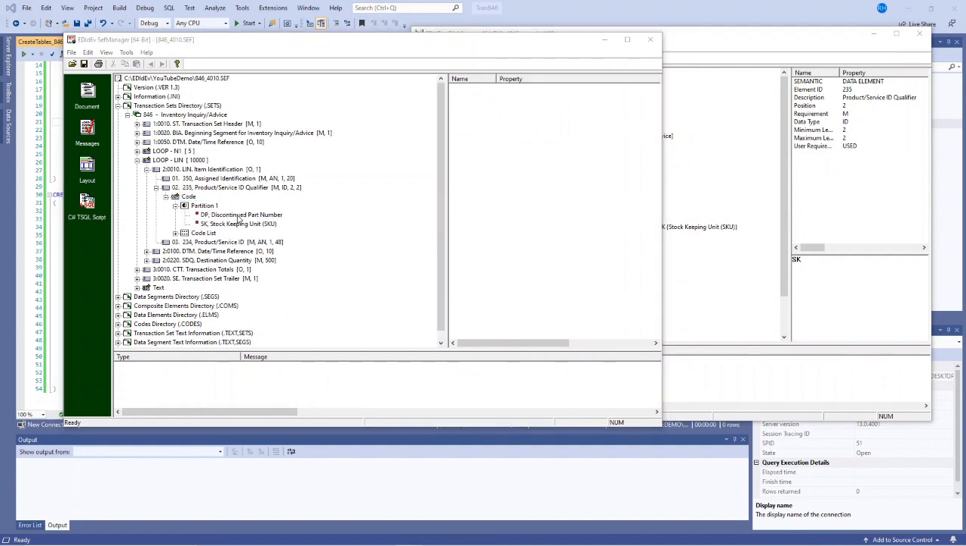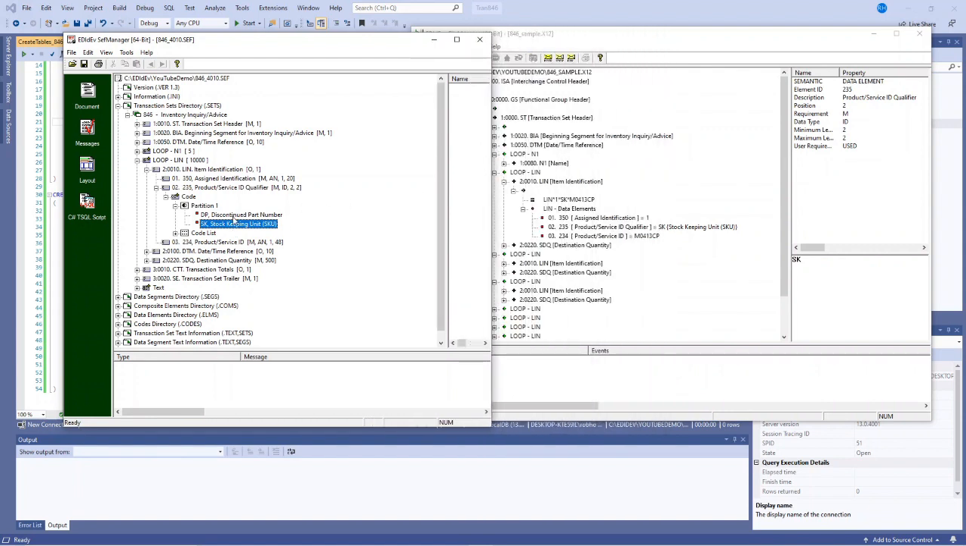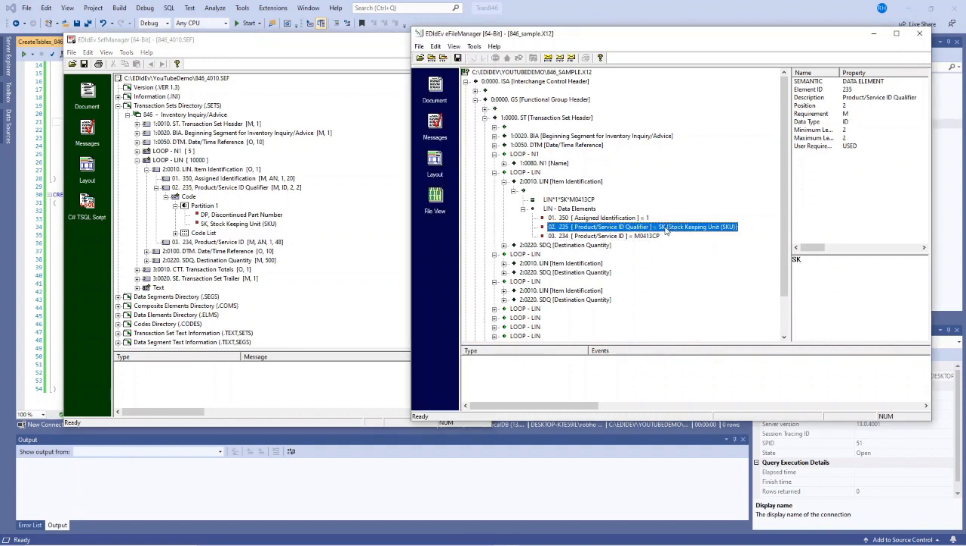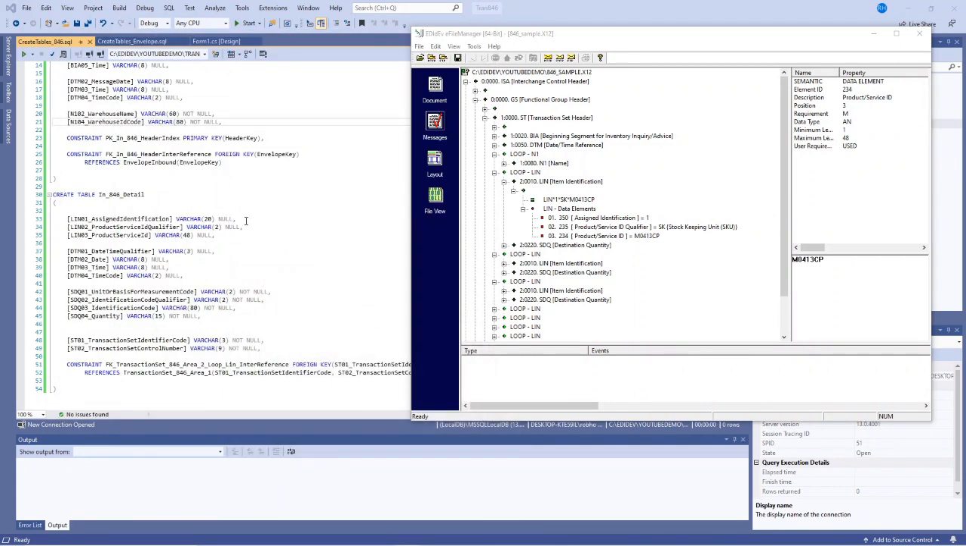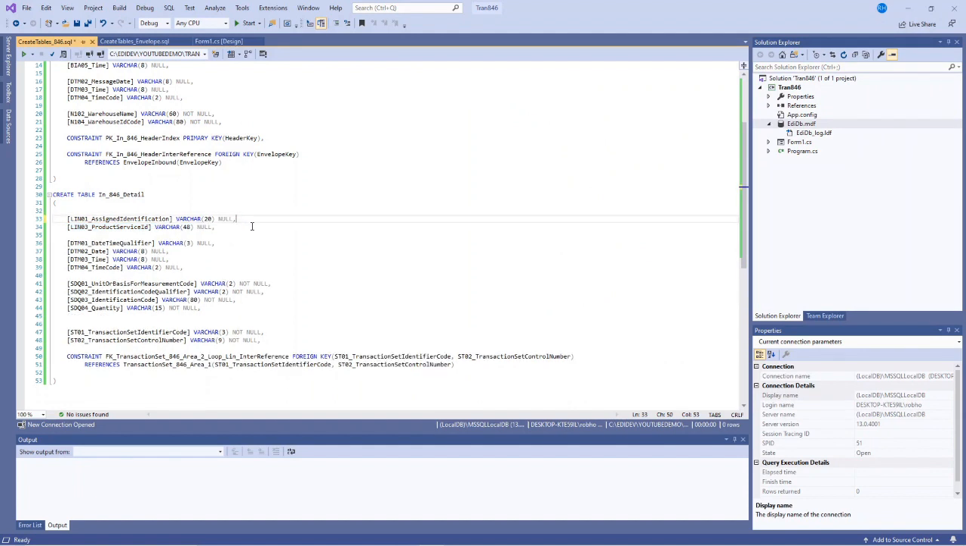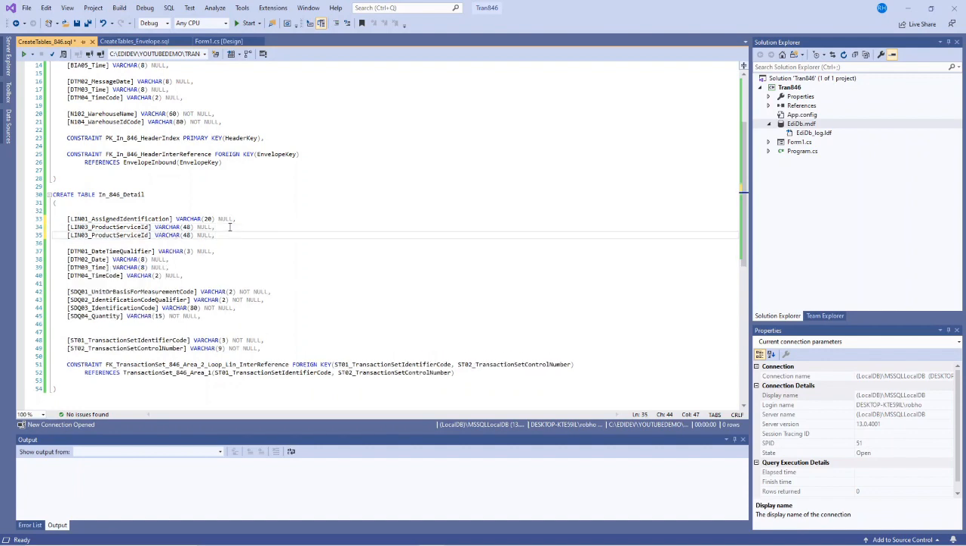Okay, so this guideline has two qualifiers. DP for discontinued part number, SK for stock keeping unit. I can actually have two fields, each having a name of the qualifier description. So instead of saving this qualifier, I'm just going to save this to the appropriate field. Okay, so to do that in the script, let me minimize this. I'm going to delete this because I don't need that. And I'm going to copy this